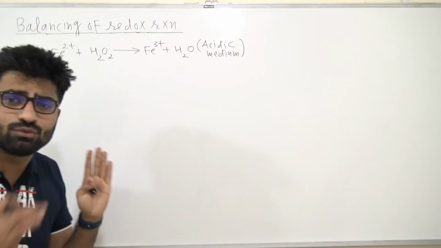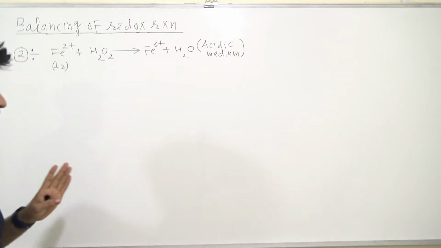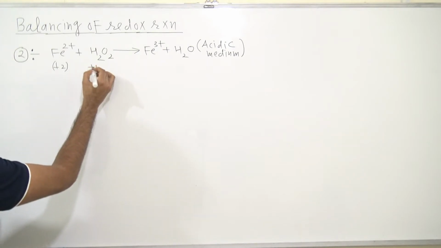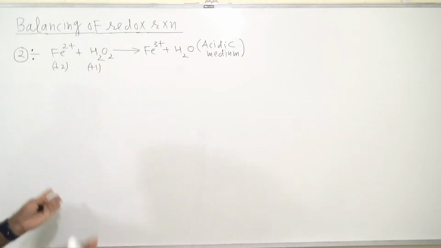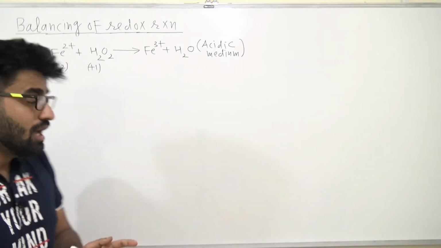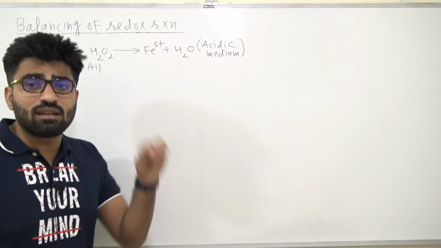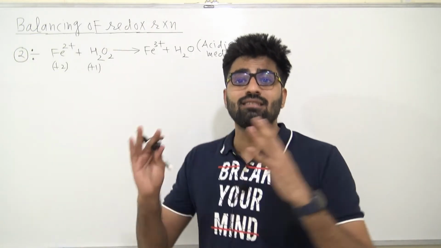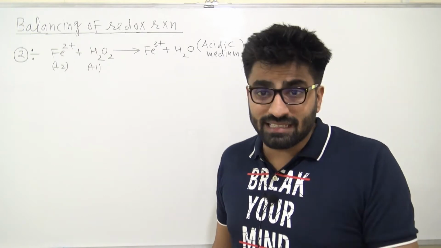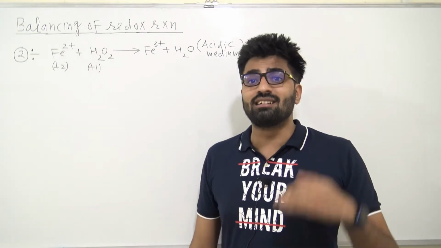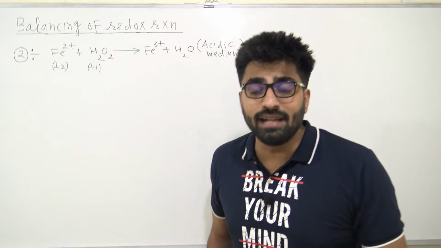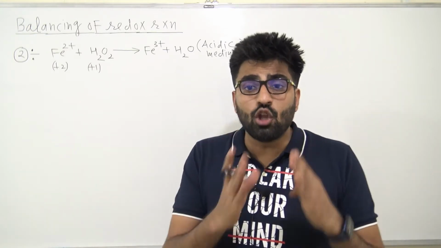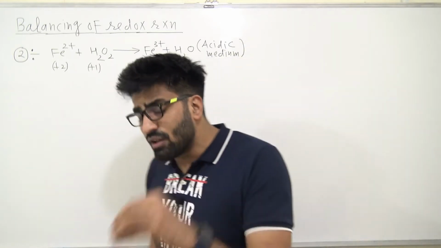Hydrogen peroxide, guys. What is it? It is hydrogen peroxide. If I ask you the oxidation number of hydrogen, you will say +1. The general oxidation number of hydrogen is +1. What about oxygen? You will say, sir, -2. But guys, here it's not -2. Oxygen has -2 generally, but there are exceptions, like peroxides, superoxides and fluorides, where the oxidation number of oxygen does not come out to be -2. So this is one of the exceptions.